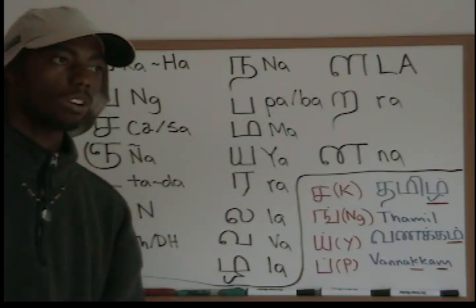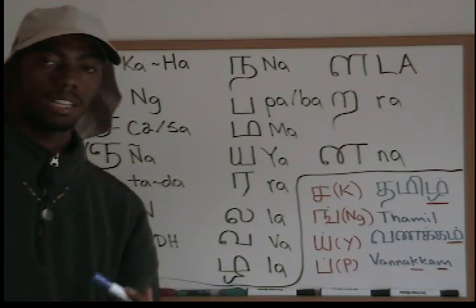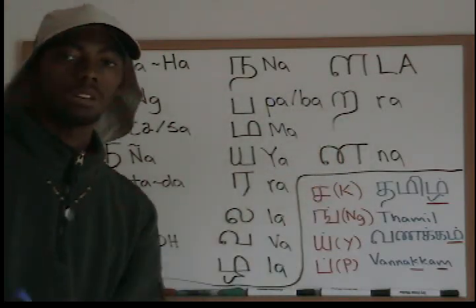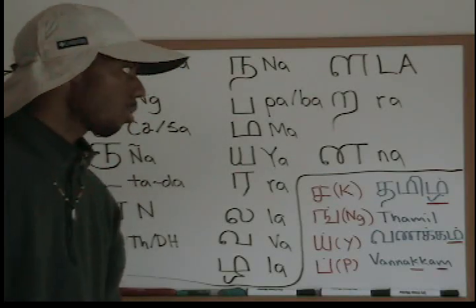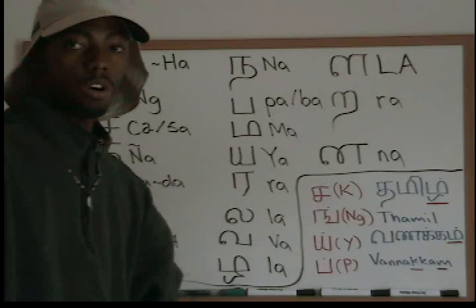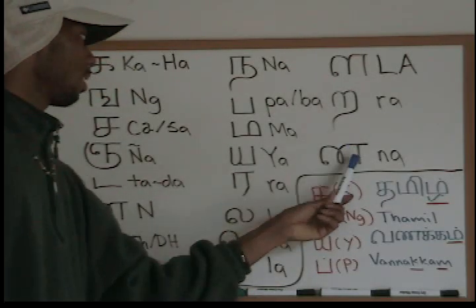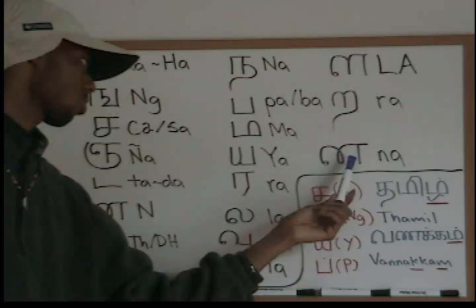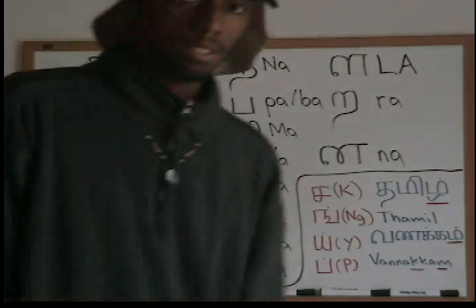At first it's going to be hard. You want to make it flat, but you just got to keep playing around with it. Keep practicing, and eventually you will be able to roll it. So I'm sure anyone can learn how to roll R's. You just have to practice often, practice a lot. Okay, and then here you have the na. This is a soft na. So those are your consonants for Tamil.